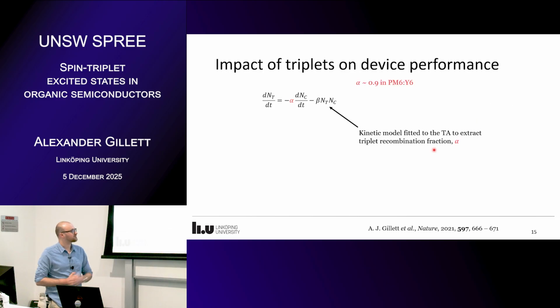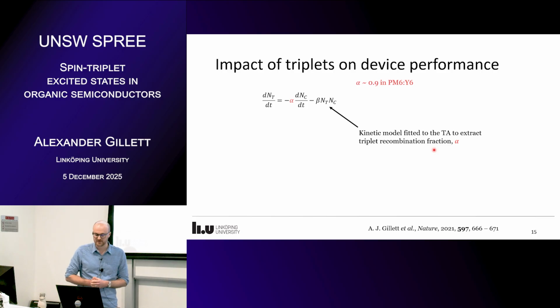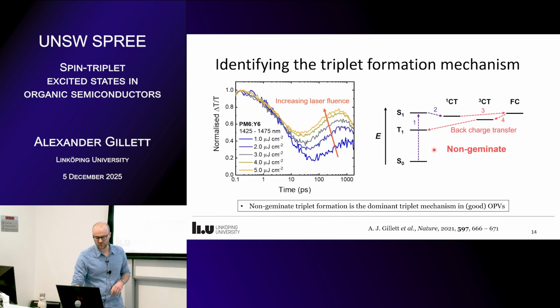So we can see the triplets in our PM6:Y6 blend, but the question is, what sort of impact are they having on our device performance? So to begin with, we wanted to quantify the triplet formation. What we did was fit a kinetic model to that data. I haven't shown you because it's just lots of equations and graphs and lines overlapping, but effectively it's a global fit,